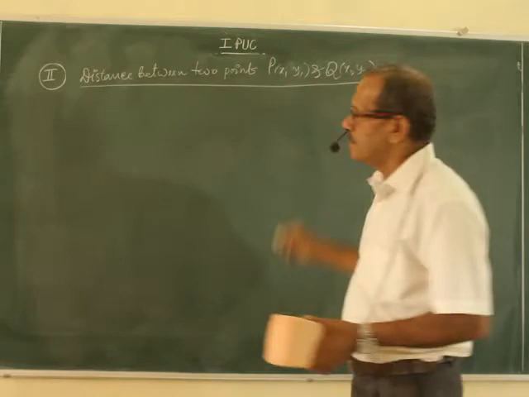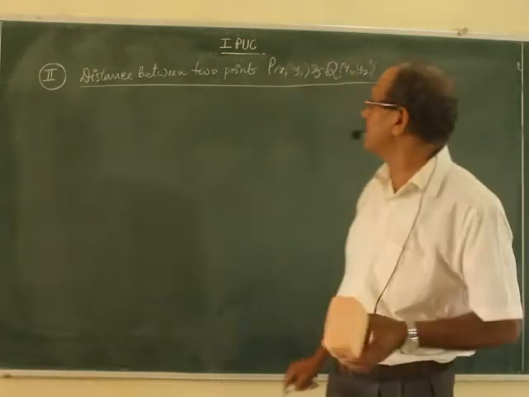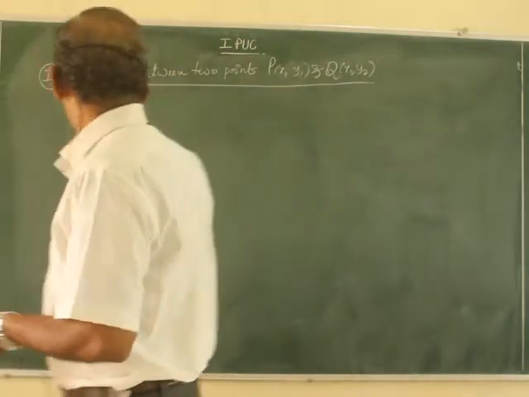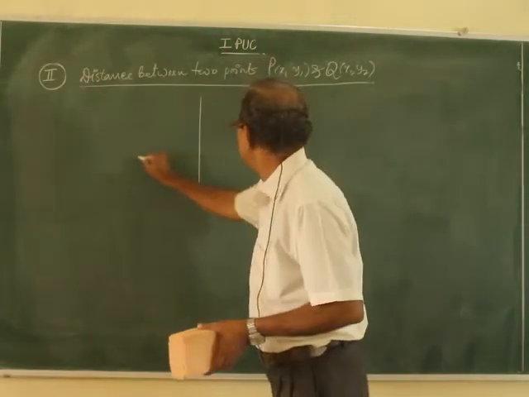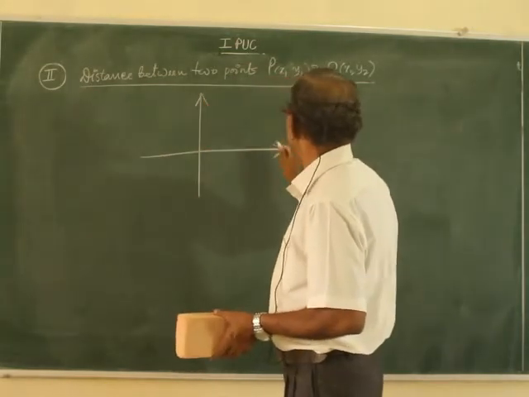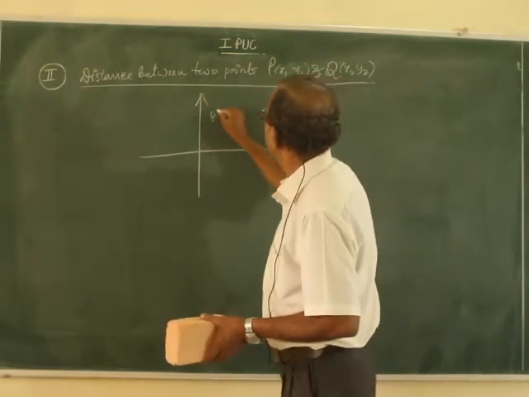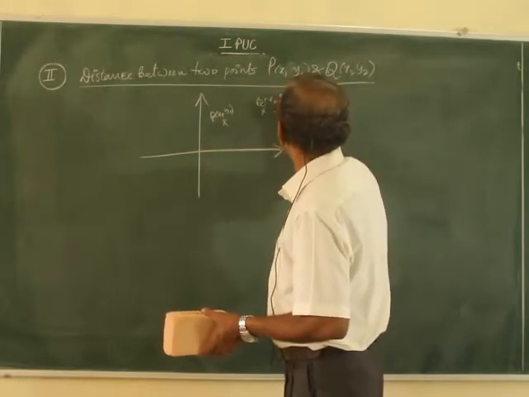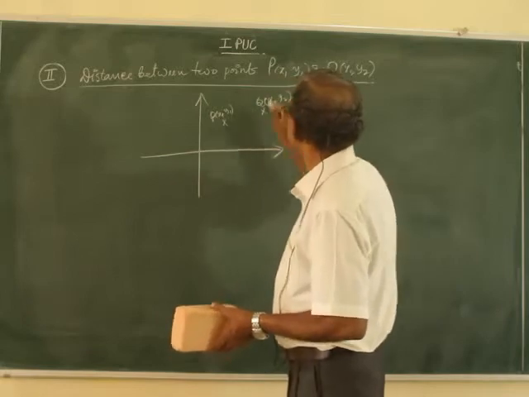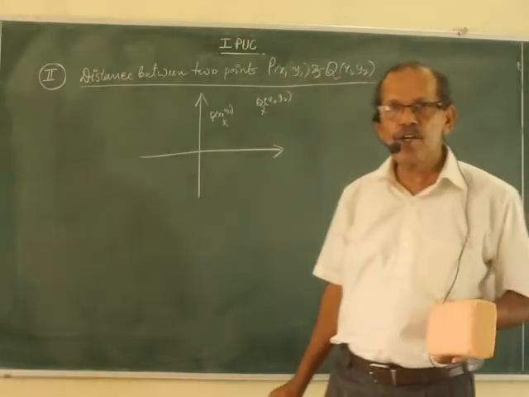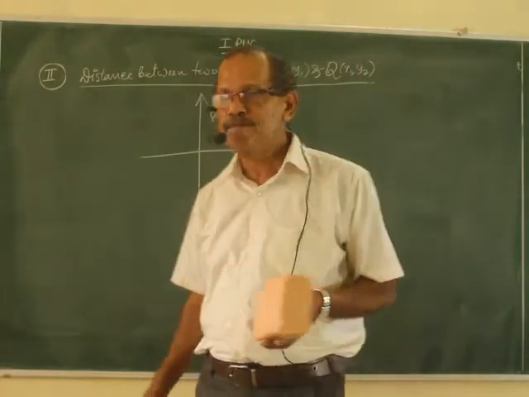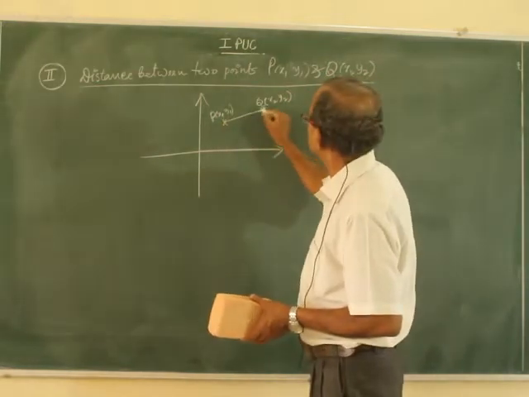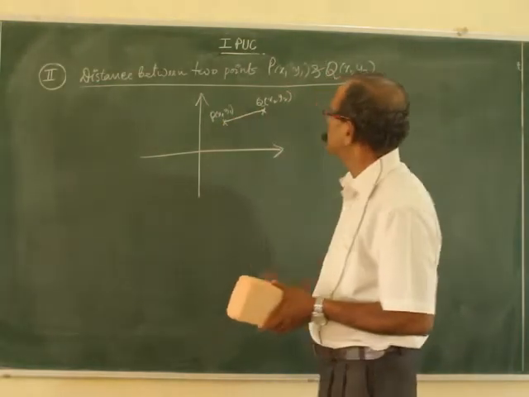This one also you have done in high school class. So just let me write the formula and straight away one or two examples are enough. Distance between 2 points is actually, see here, there are 2 points now. P (x1, y1), Q (x2, y2), given 2 points. If only 1 point is given, you know how to find the distance of the point from the origin. Now here there are 2 points. Find the distance between the points. It is the question. Find the distance PQ.